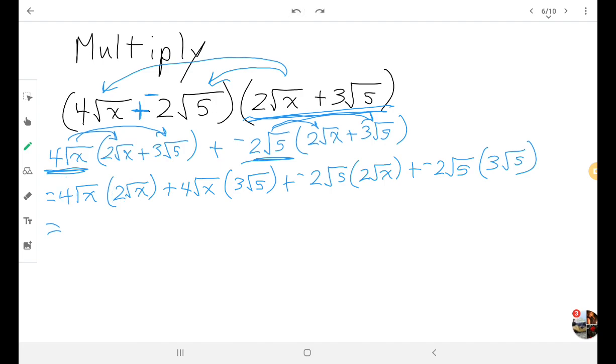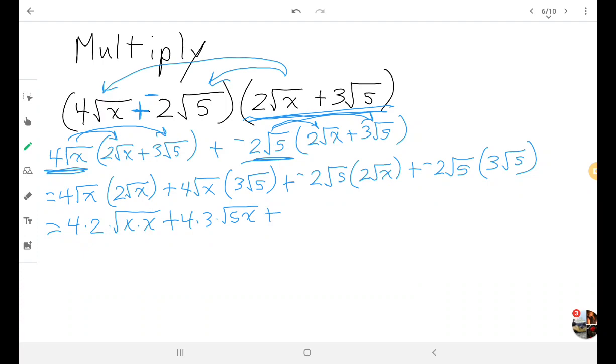And I'm going to put those together and call it 4 times 2 times the square root, and inside the square root I've got 2 x's, x times x, plus. Now I've got a 4 and a 3, so 4 times 3 times the square root of, and I've got a 5 and an x, and I'll put them together inside the square root,